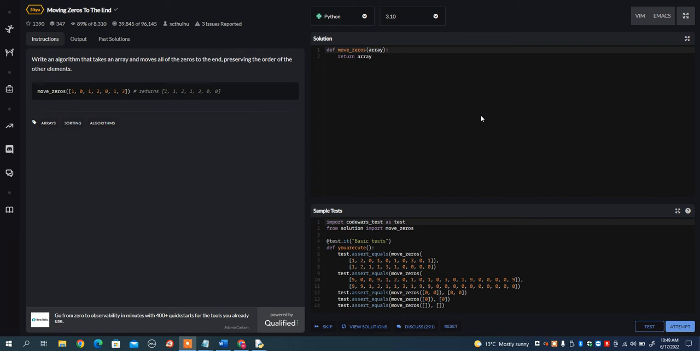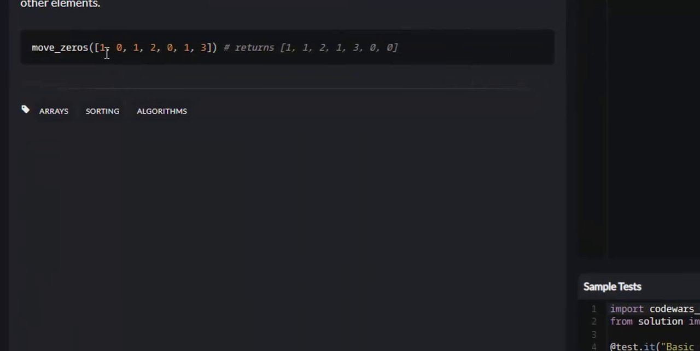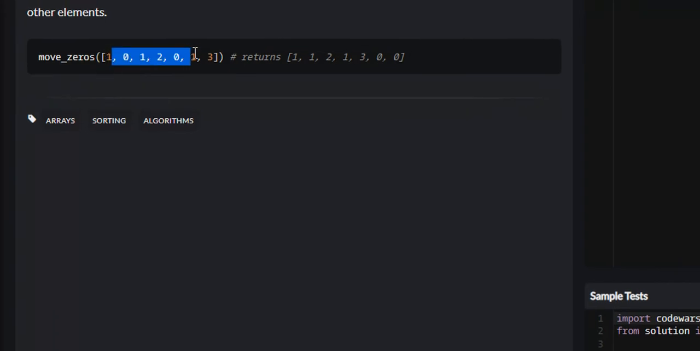In this video, I want to go over the moving zeros to the end problem on Codewars. And what it wants you to do is write an algorithm that takes an array and moves all the zeros to the end, preserving the order of the other elements. So if we zoom in and check out the example, the list is 1 0 1 2 0 1 3,